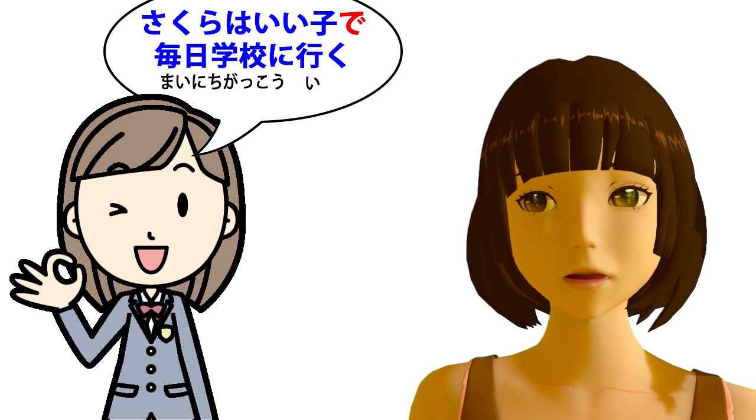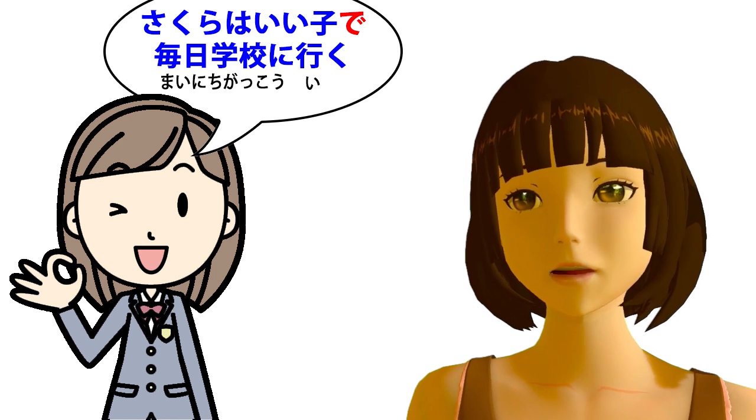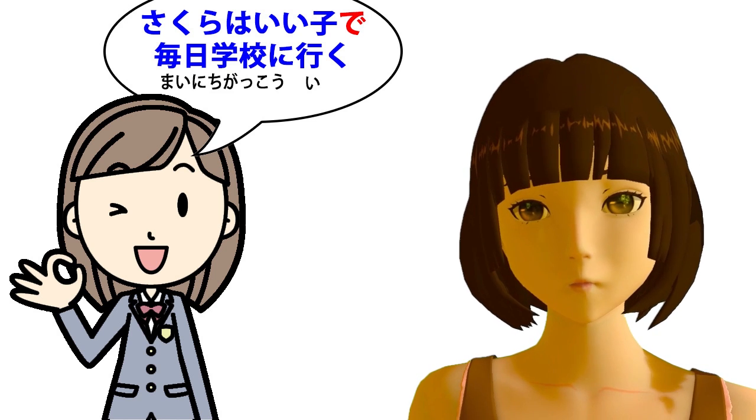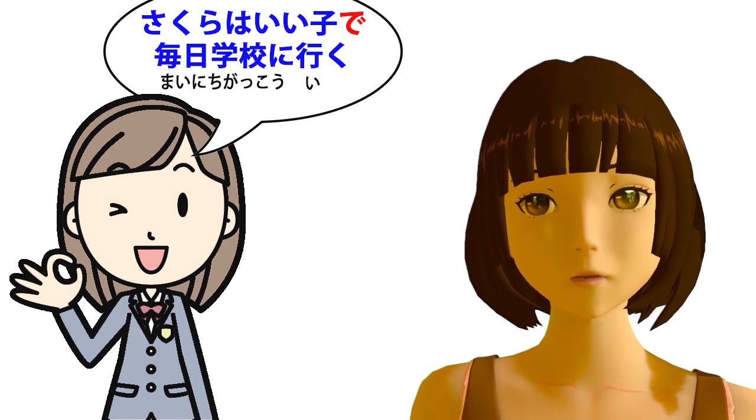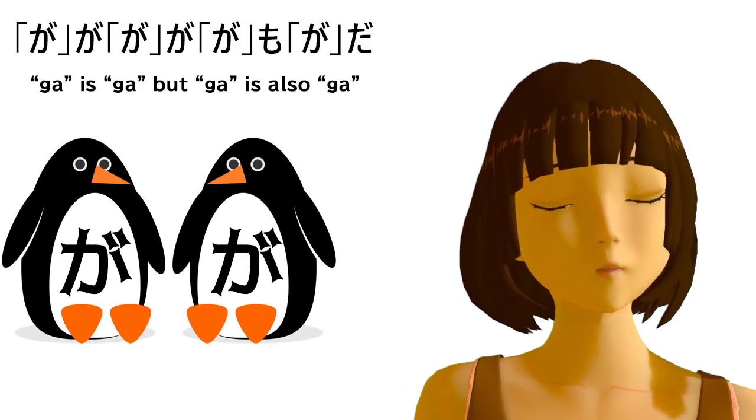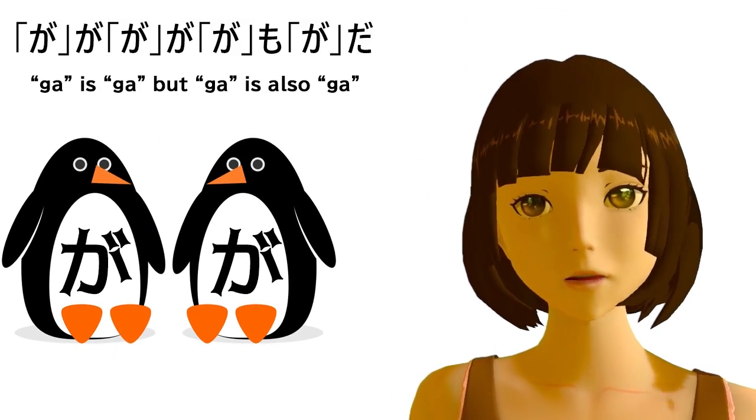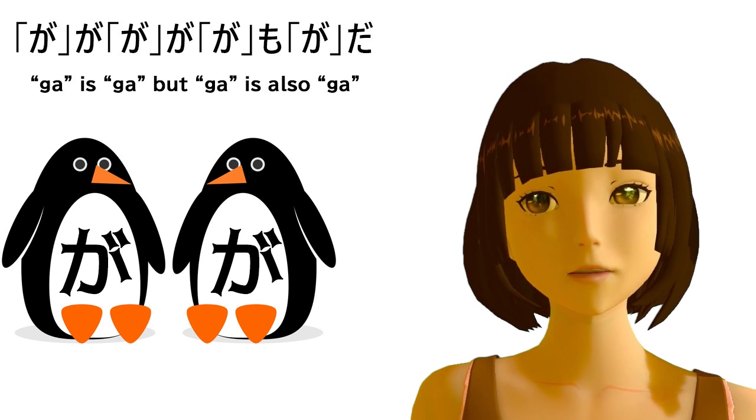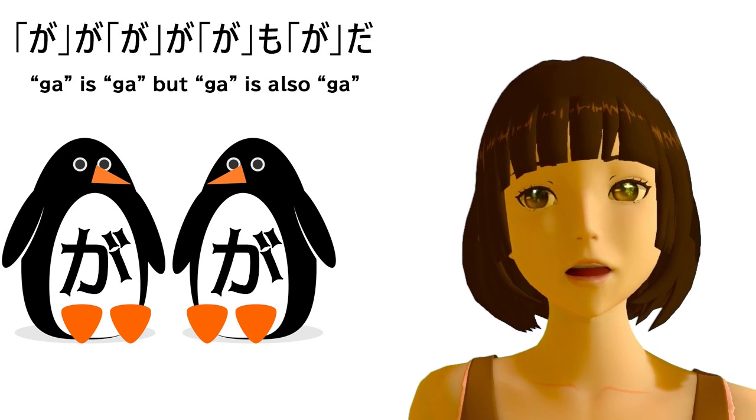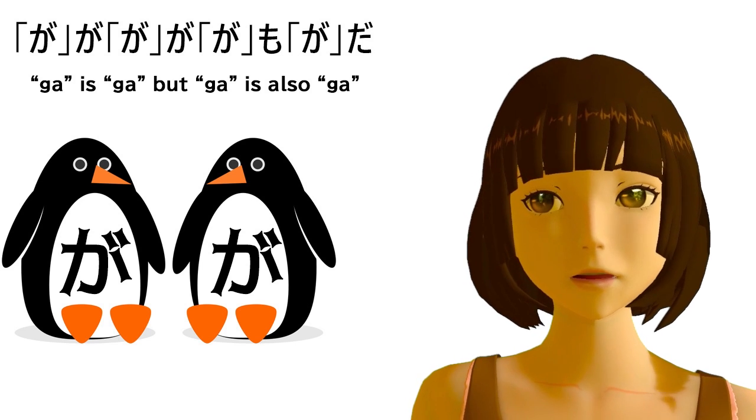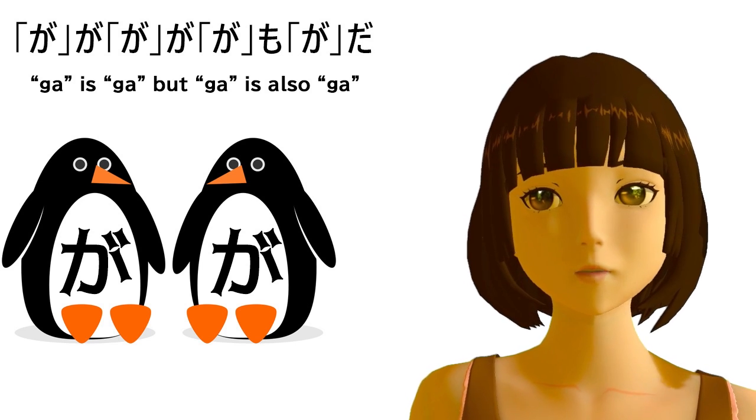It has this implication of because Sakura is a good girl, she goes to school every day. But it's not stating it as strongly as if we'd used kara. Now, another confusion, which is not kept such a deep, dark secret by the textbooks, but they don't always stress it clearly enough. And it's very important because it concerns the very center of the Japanese language, and that is